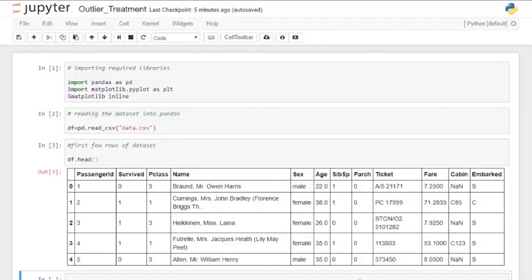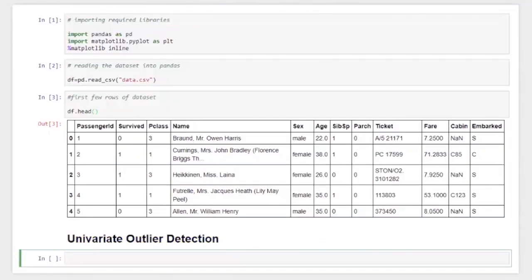Now let's get started, and first of all let's perform univariate outlier detection. Let's see if there are any outliers in the age variable. First of all, let me create a markdown. As we discussed in the previous video, we can use a box plot to identify outliers in a single variable. So let's create a box plot of the age variable to see whether there exist outliers or not.